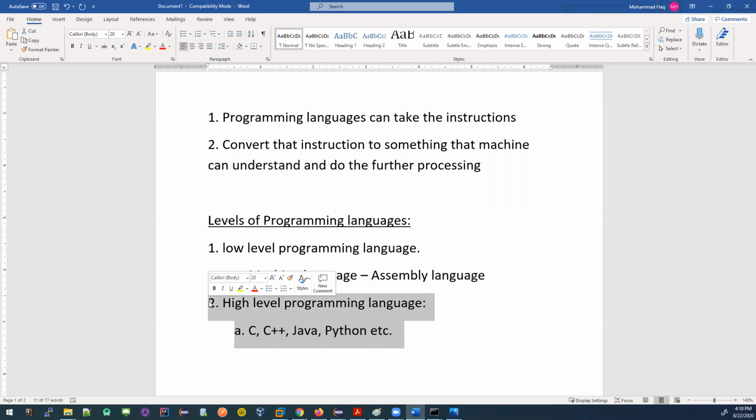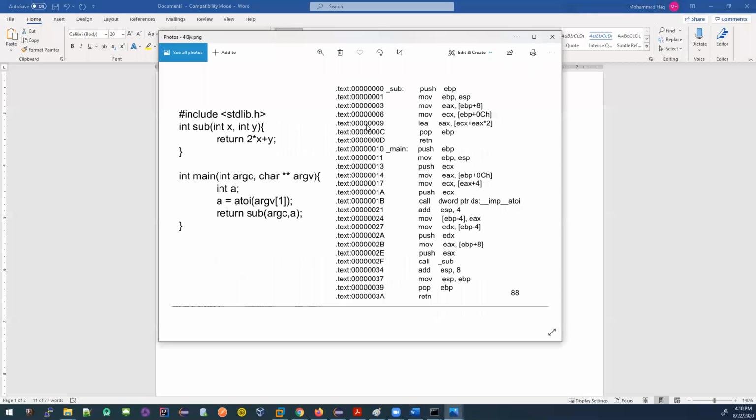So there are some languages which are close to the human language, and there is not that much effort that you have to put in, like the way you are writing the assembly language. See how many lines in here: 1, 2, 3, 4, 5, 6, 7, right? And how many lines are there in here?